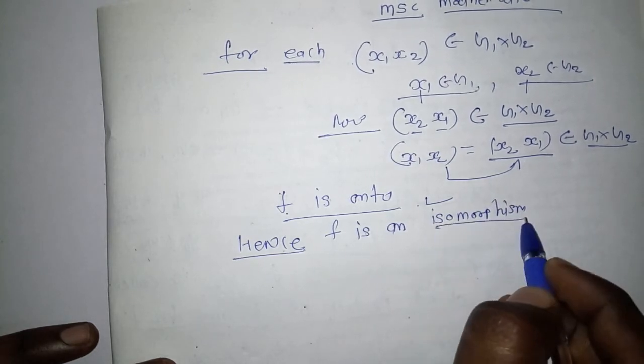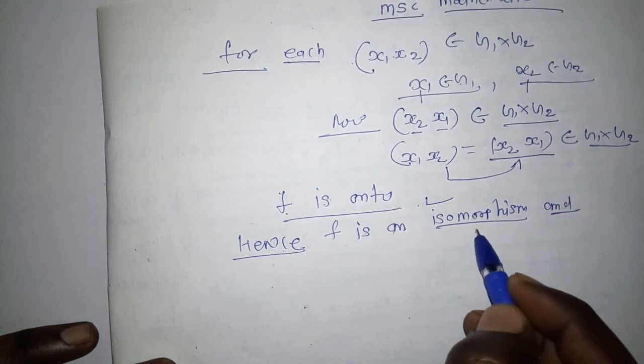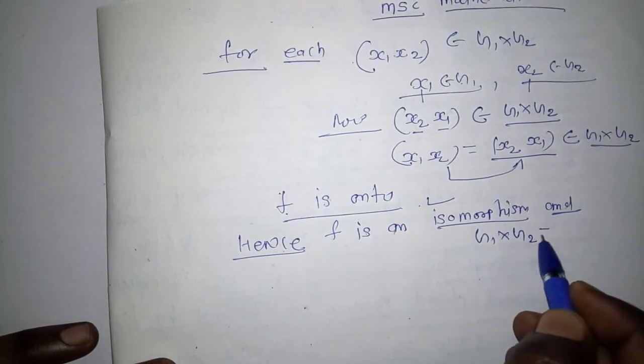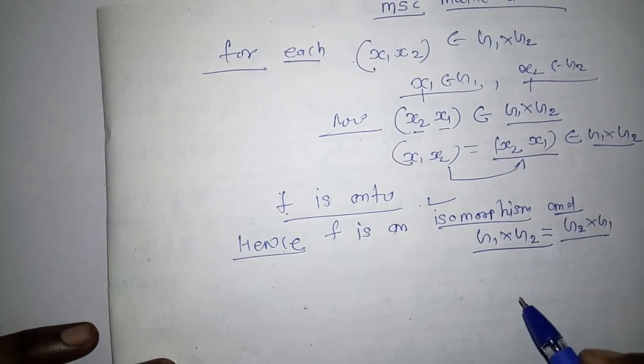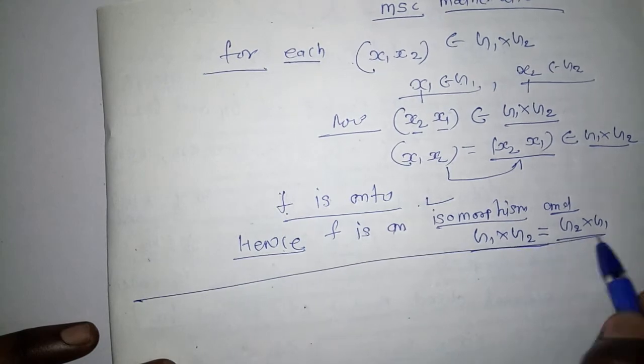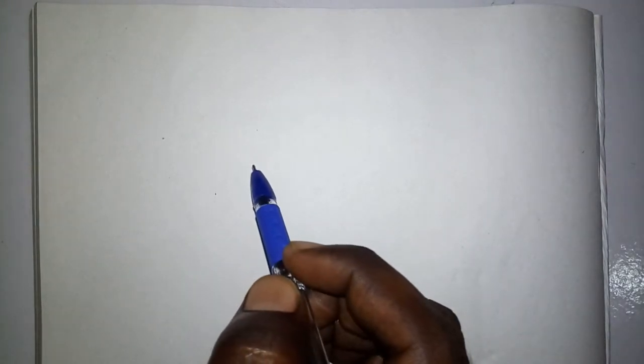Isomorphism. Okay students, G1 multiply G2 is equal to G2 multiply G1. Okay students, this theorem is proper. Now students, we move to our next topic. Our next topic is internal direct product. Because we already discussed external direct product, and now moving on, internal direct product is our next